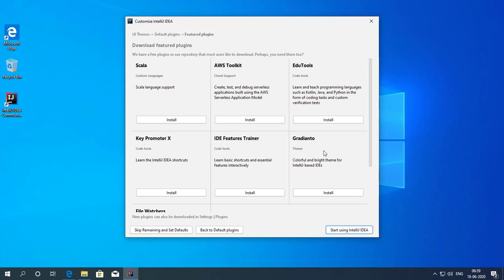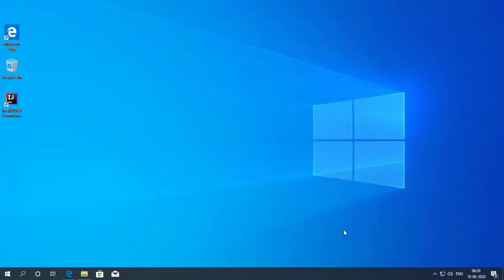If you want to install a plugin, there is one you can install, the EduTools plugin, which will teach you Java, Kotlin and Python. Maybe there are exercises you can learn step by step, but I am not installing that plugin for now. So I am clicking on start using IntelliJ IDEA.